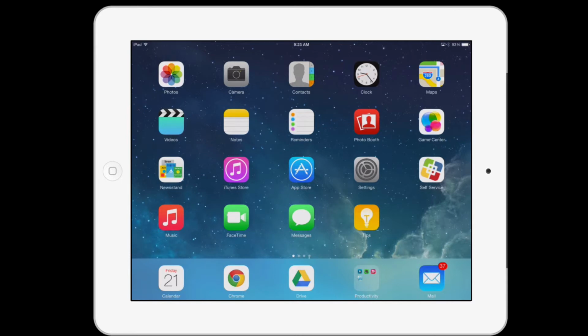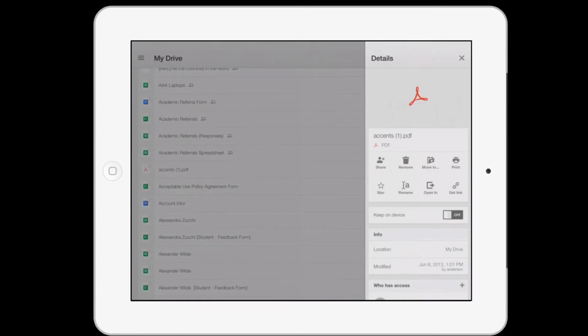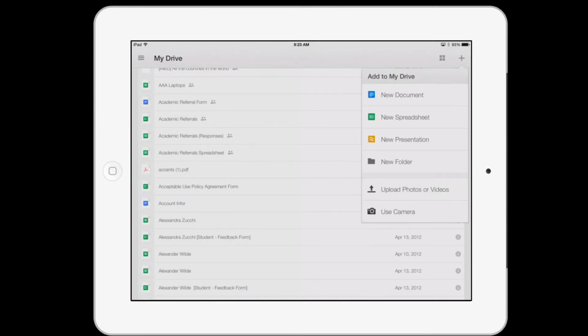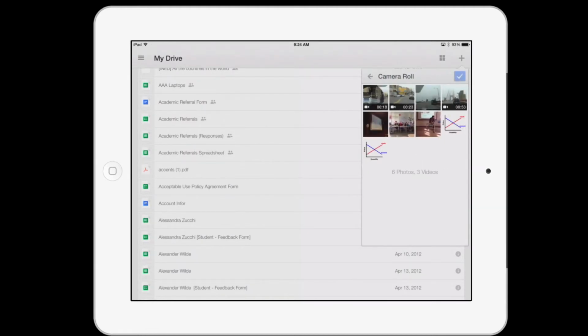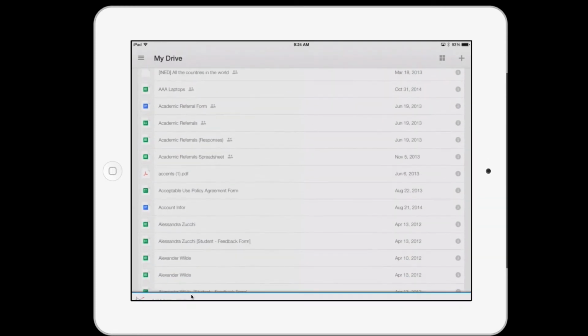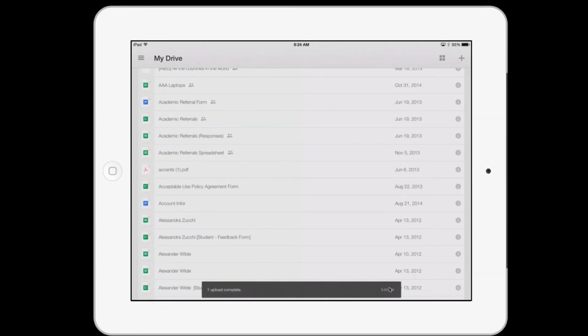So the way you upload a video or picture is simply open the Drive app, and in the upper right-hand corner, you have this plus symbol. You can tap on the plus symbol and then simply tap upload photos or videos, and then you can go to your camera roll, select what you want to upload, click the blue check mark button. You get a notification at the bottom that it's been uploading,